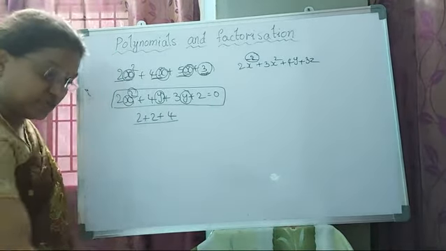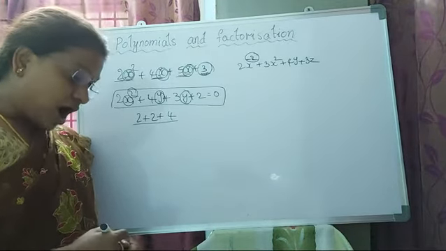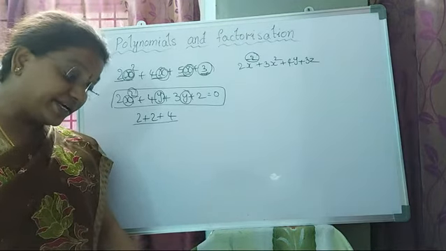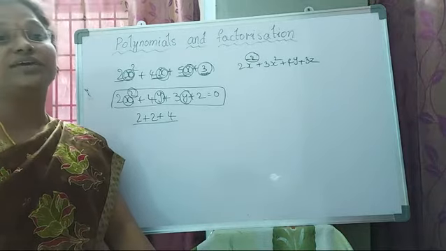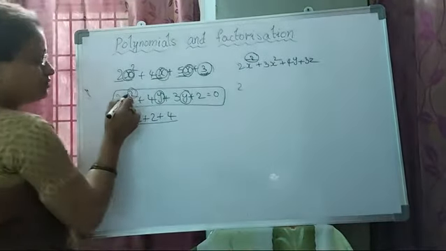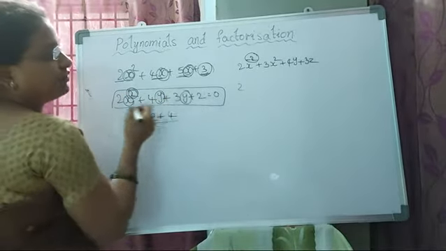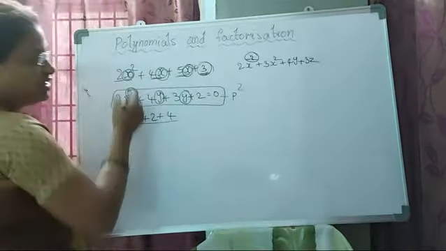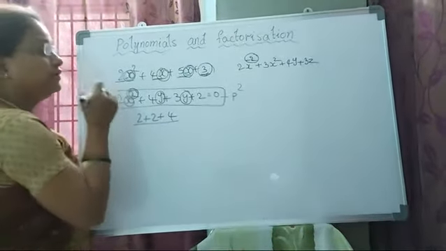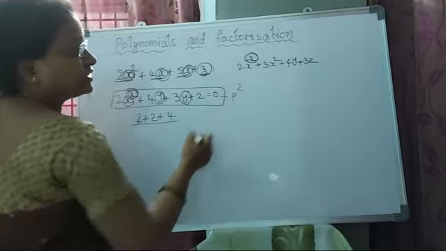In polynomials, see what is given: all algebraic expressions we have considered so far only have non-negative integers as exponents of the variables. Non-negative. See, this is negative. Non-negative means nothing but positive. If the powers are positive, we can say that it is a polynomial. These are all algebraic expressions.